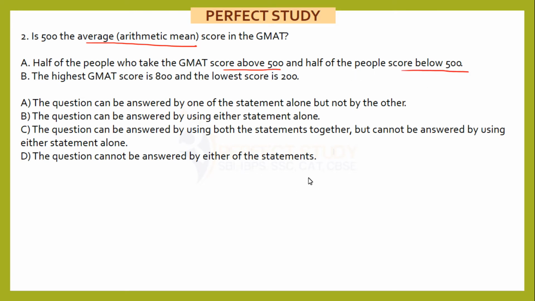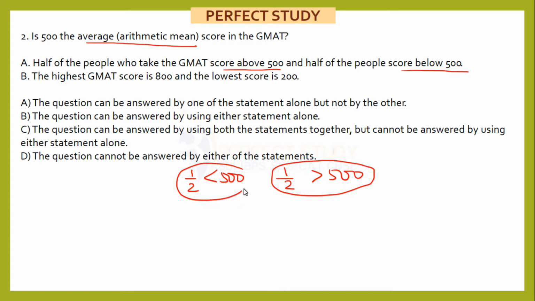score below 500. So we have half people scoring more than 500 and here half people scoring less than 500. Now just because here we have half people and here half people does not mean the middle number will be 500. Now when will it be 500? When the total score of this half people and the total score of this half people become equal. If this total score becomes equal, then yes, I can say that my average will be equal to 500, but I don't know whether it is equal or not. This is a question mark, I don't know that. That is why the first statement does not give me the answer.